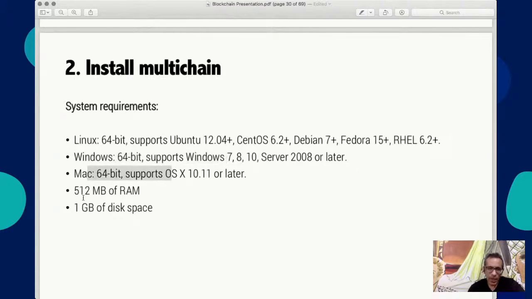Mac also is supported. And you'll be very interested to learn that the RAM requirements are very low. You need just half a GB of RAM. Blockchains are not RAM intensive. The misconception comes because of Bitcoin. In Bitcoin, there are miners competing against each other, millions of them, and that is the reason we need so much computational power. But when we talk about, say, a private blockchain or a hybrid one where people are not competing, even half a GB RAM is more than enough to actually run it.